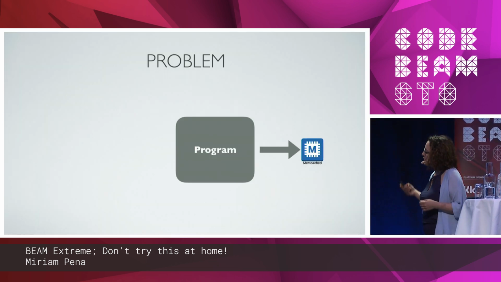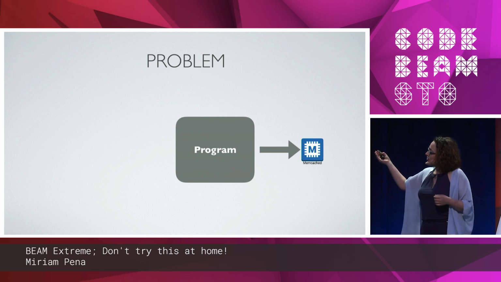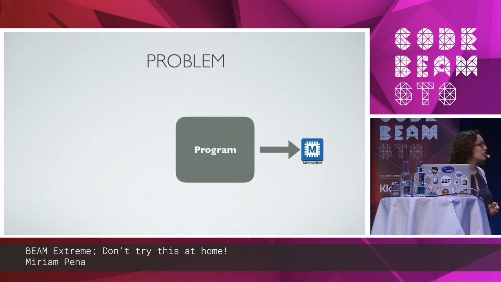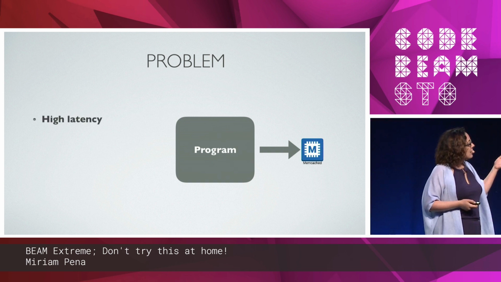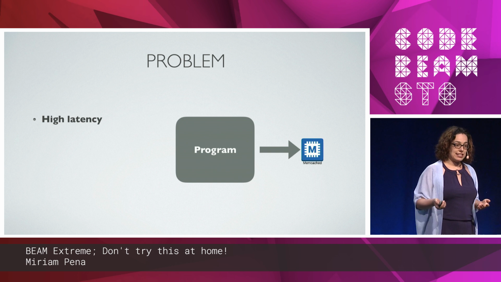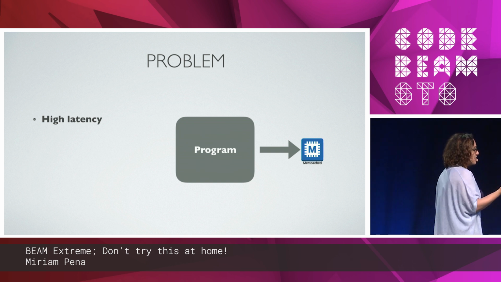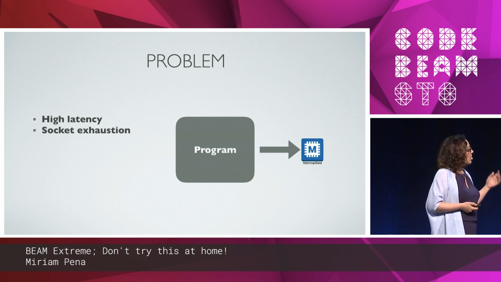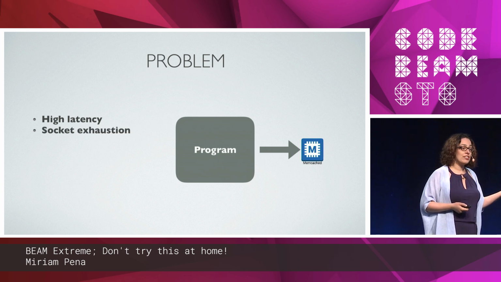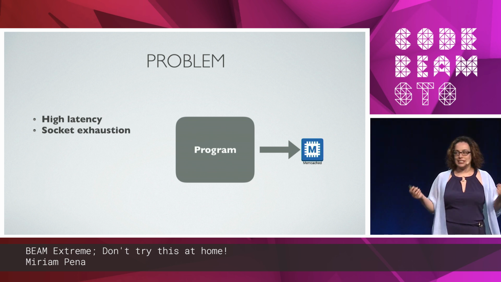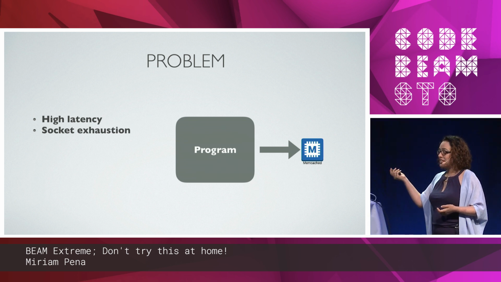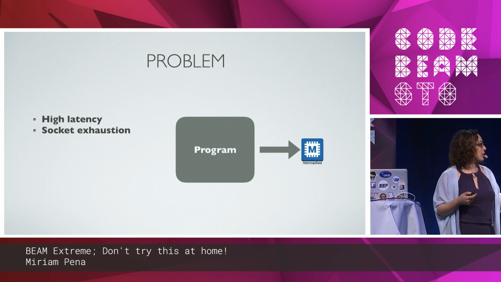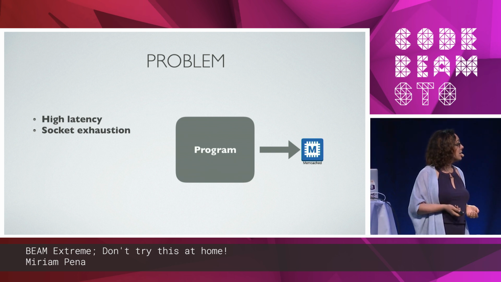There's a program that is running at the moment that is connecting to Memcached, and it has a few issues that they want you to help with. This program is experiencing high latency access in this Memcached. It means it takes just too long to get a query back. You have socket exhaustion, which means that at times when you want to retrieve a socket to do this request, there isn't any available.